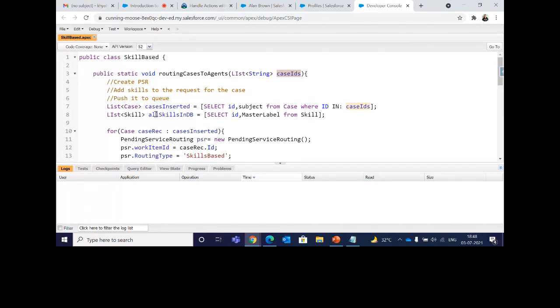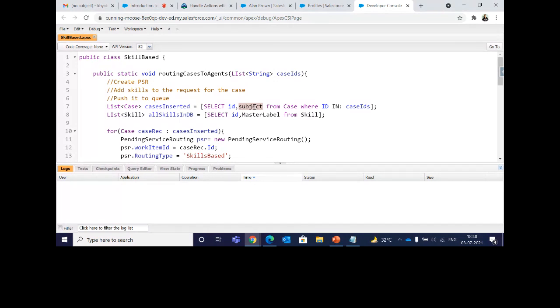So we need to query on these case IDs, right? What information do I need from the case? I basically need the ID and the subject. ID, of course, for routing the cases. Why do I need the subject? As I said, skill-based routing works with the subject format. The words from the subject will be taken out and matched with the skills that the agents possess.